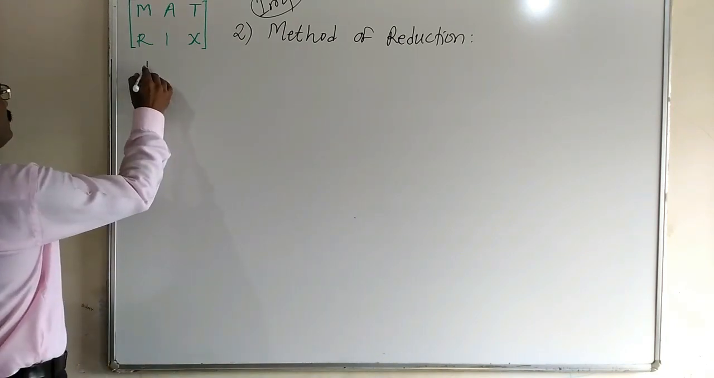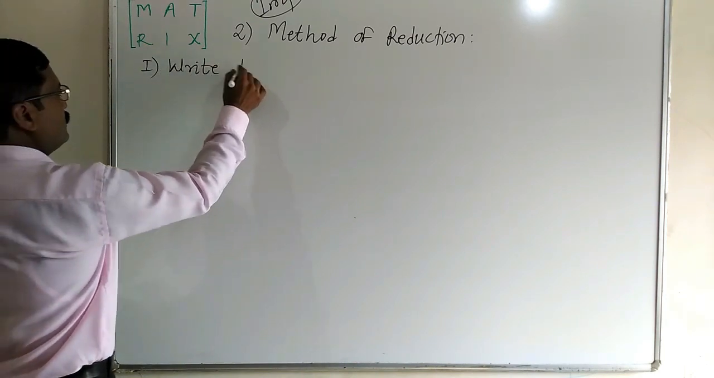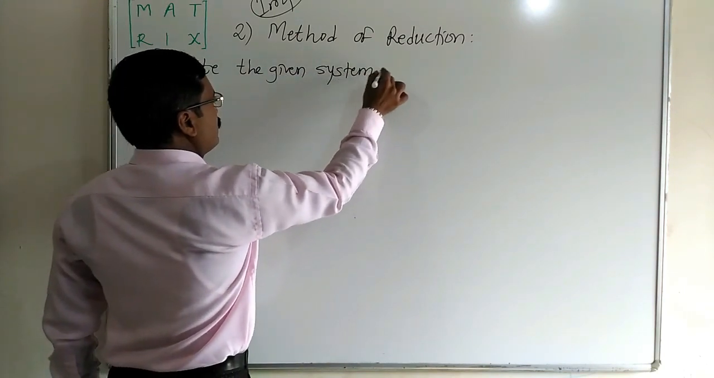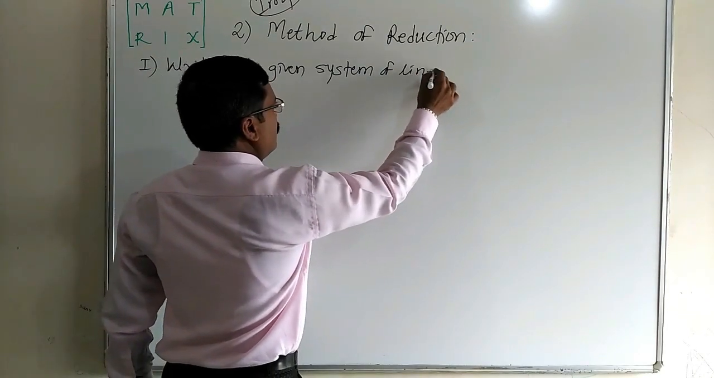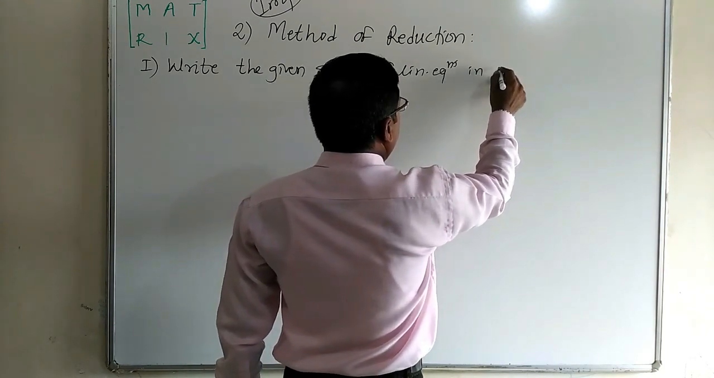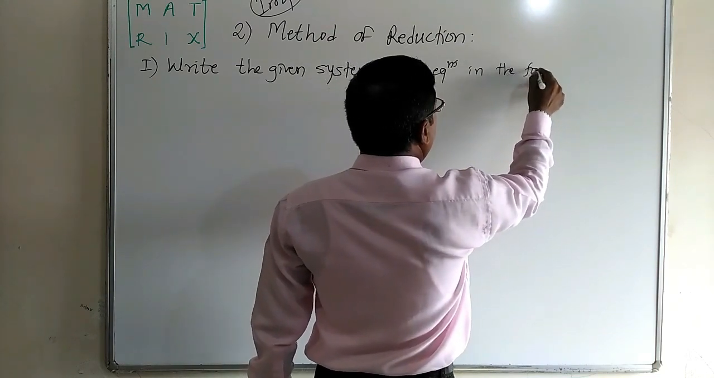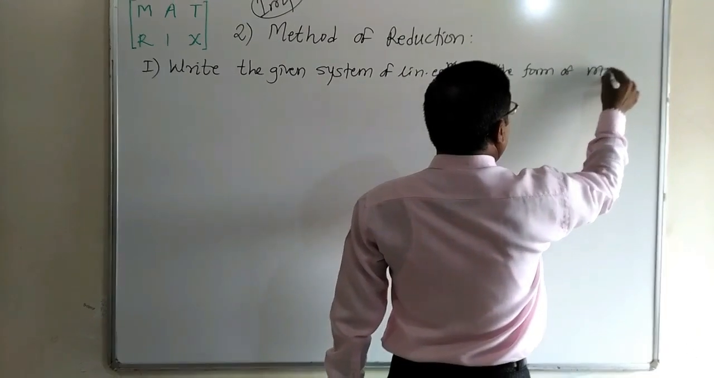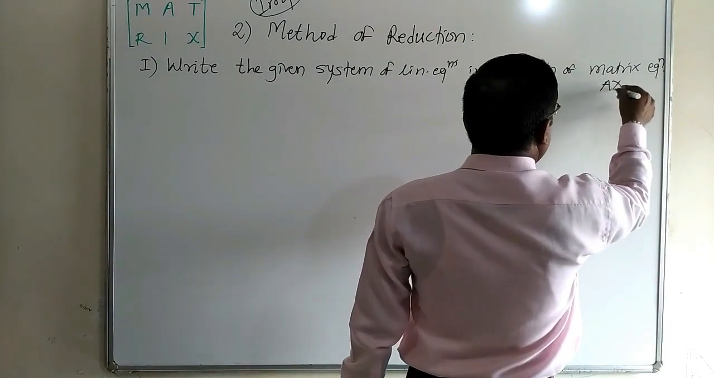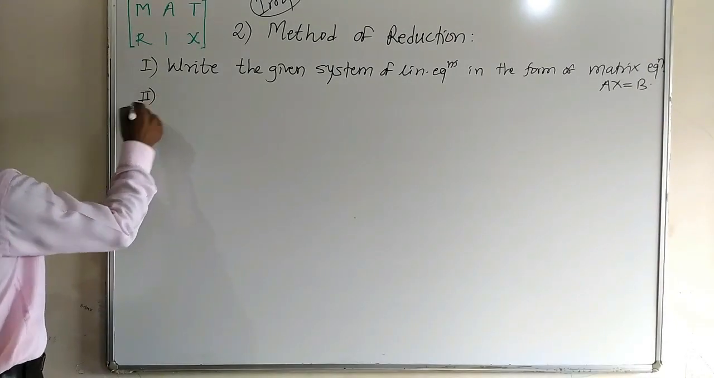Step number 1, write the given system of linear equations in the form of matrix equation, that is Ax equal to B. Then second step,